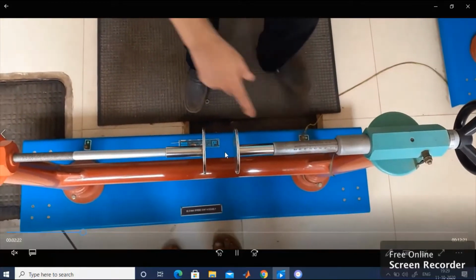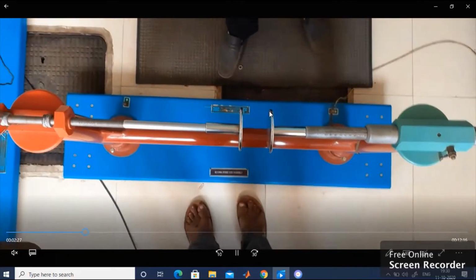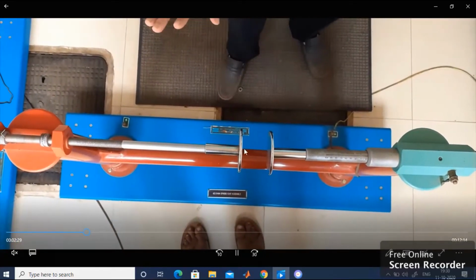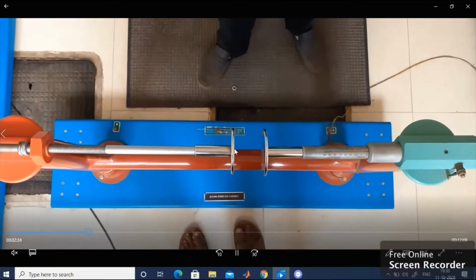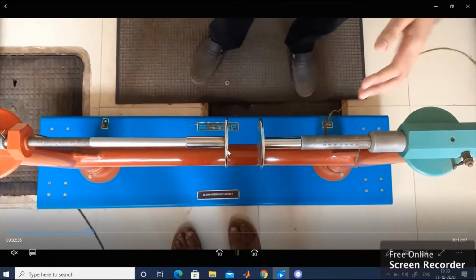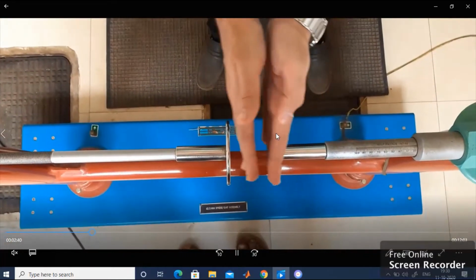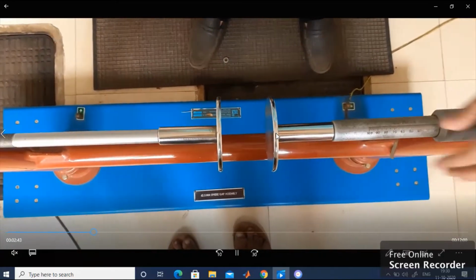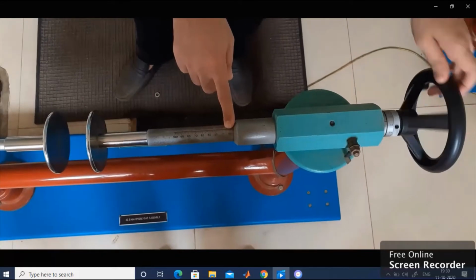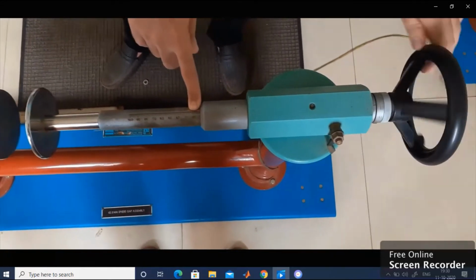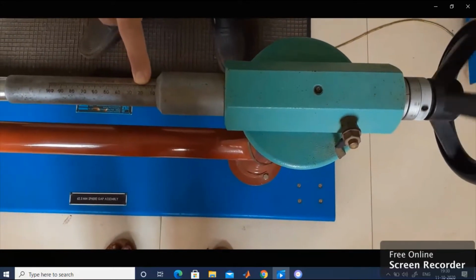Initially, you need to maintain 0 settings. That is your first procedure. Maintain the gap between the two configurations, two plane to plane configuration, equal to 0. That procedure is known as 0 settings. It has to come closer. Then only you can maintain the distance between two plane combinations such as 10 mm, 20 mm, 30 mm and 40 mm. So let us make the gap between the two planes equal to 0. That is known as 0 settings.